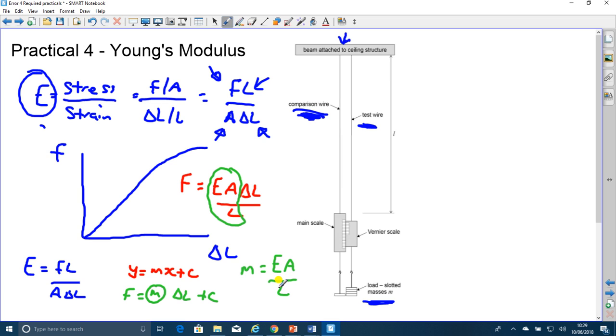Now, this is quite simple to do because we've worked out the cross-section area with our micrometer. L was the original length anyway, so from that the gradient can be used to determine the Young's modulus for the given wire. Okay. Now the next experiment we did